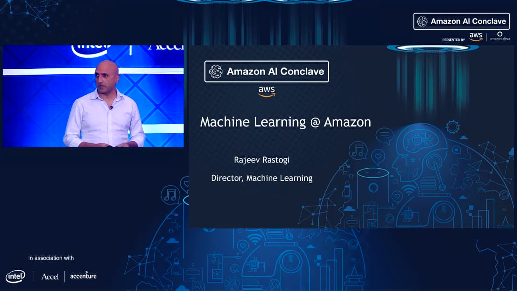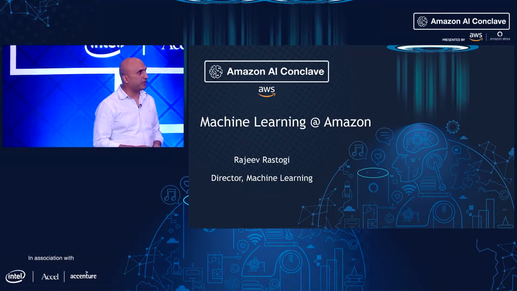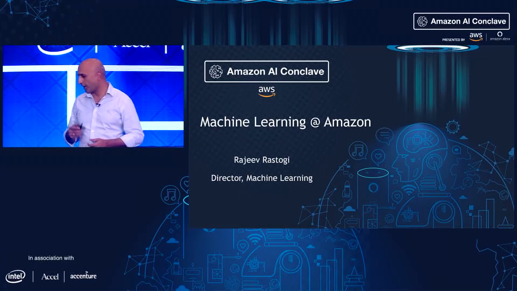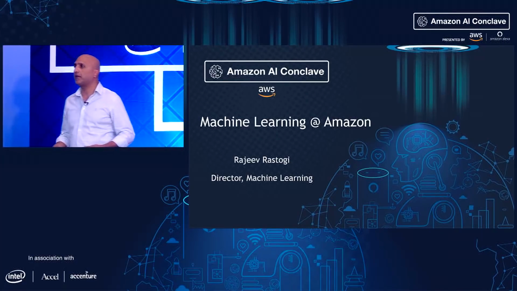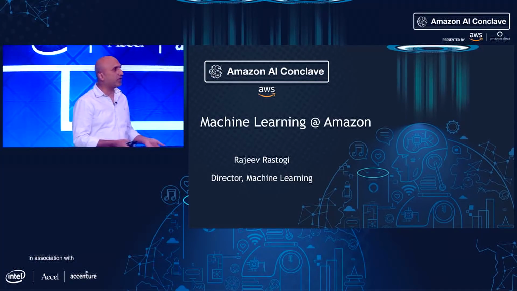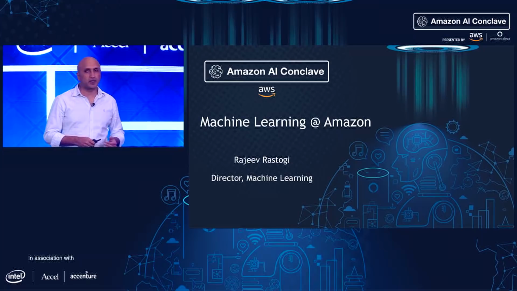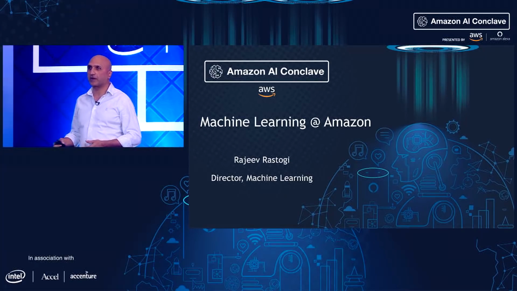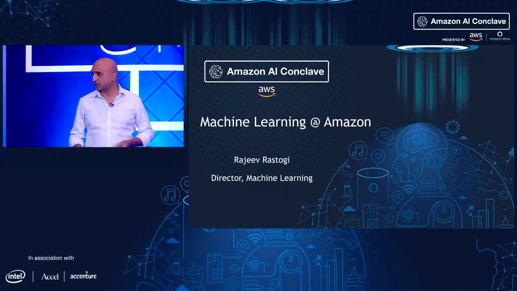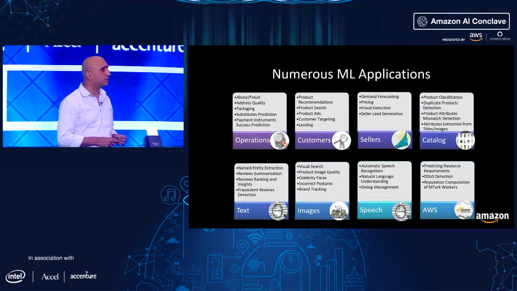So I'm director of machine learning with the India business, but many of the applications we develop are also deployed globally. And of course, you saw some of the videos initially. We're using machine learning in many different innovative applications, right from robotics to Amazon Go, to drones in Prime Air, to image recognition, face recognition, search, and so on. So there's a broad set of innovative applications that we're applying machine learning to across our different business verticals, right,